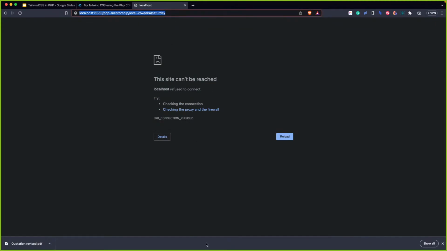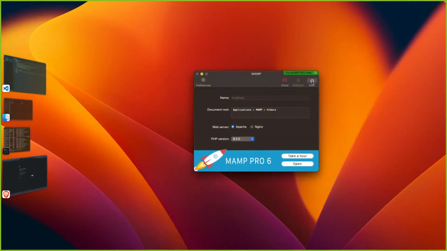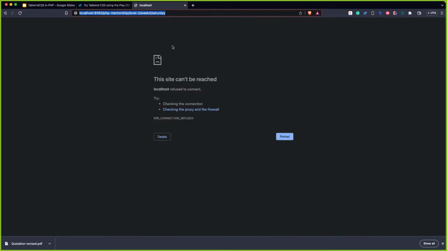The site can't be reached. Has MAMP started? No, I need to click start here, and then I need to ensure that I refresh over here,